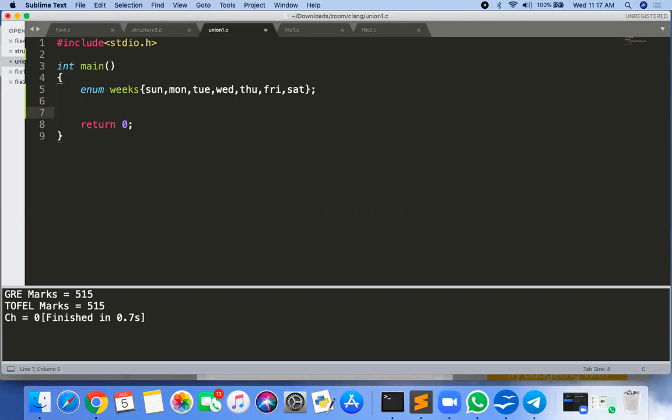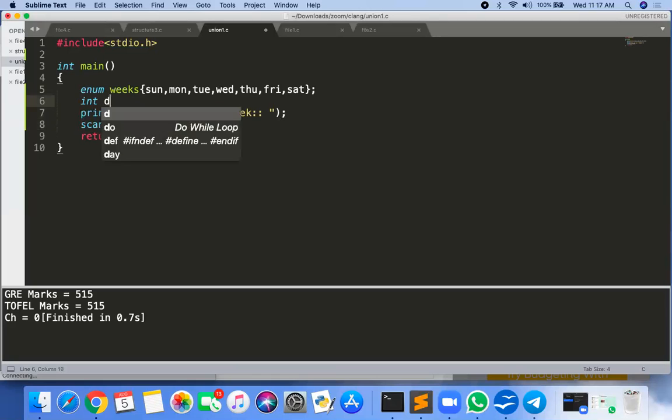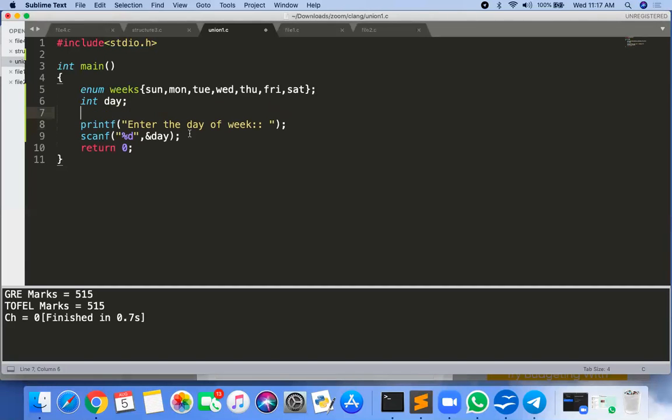Okay, now what is the advantage of using the enum? It means the advantage of enum is you can directly compare. Suppose you ask the user to enter the day of week, and you are scanning from the user %d, address of day, and day is an integer variable. Now the user enters 1, 2, 3, 4, 5, 6, 7.